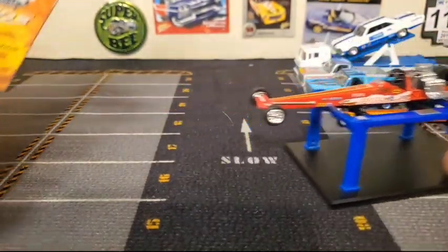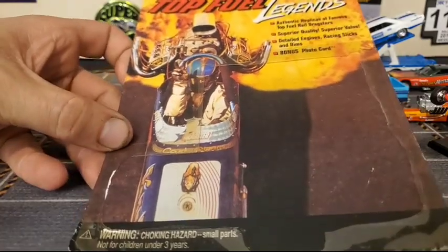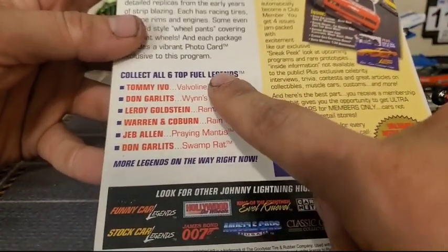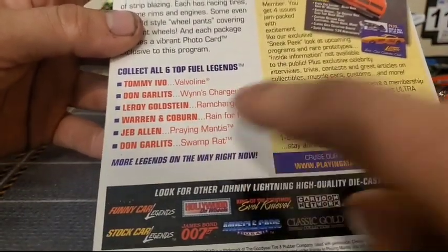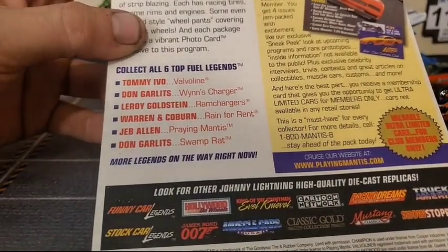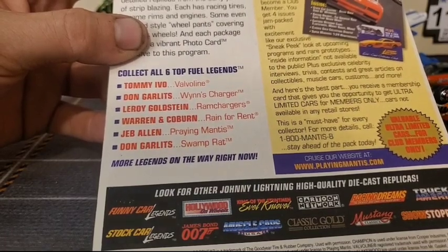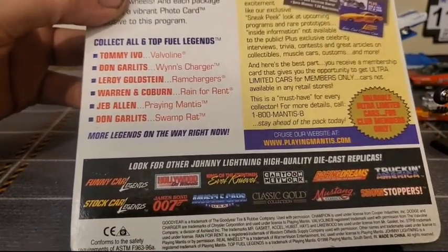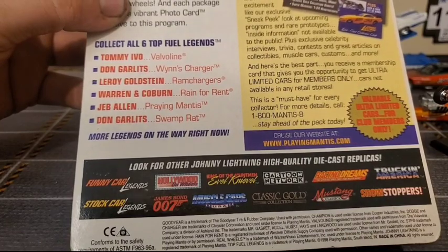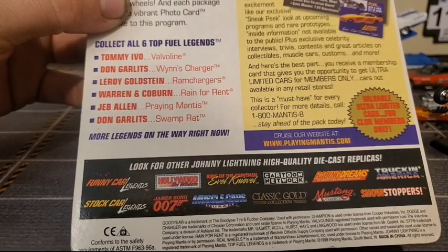And then we do have a slightly different card. This is from 1998, so this is a bit of an earlier release than the last one. And then on the back, there are only 6 cars. This was 1998's 6-car release. We have the Valvoline, Winds Charger, the Ram Chargers, Rain for Rent, our Praying Mantis right here, and then the Swamp Rat as well. It says look for other Johnny Lightning high-quality die-cast replicas, the Funny Car Legends, and ooh,